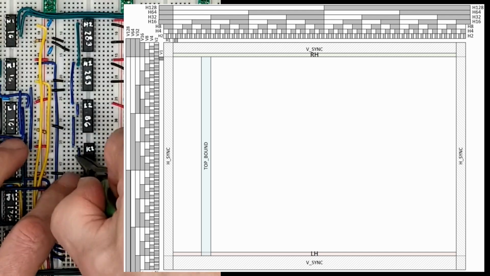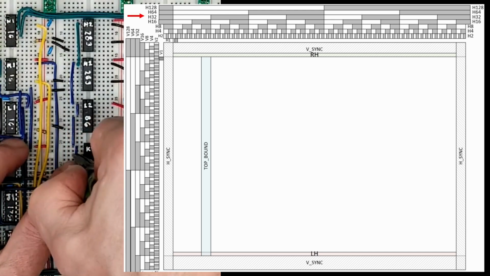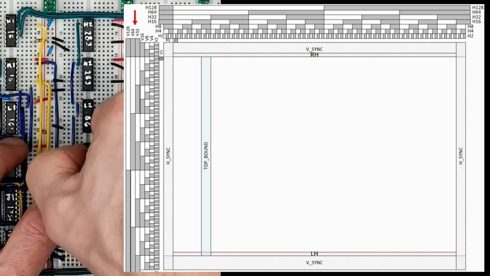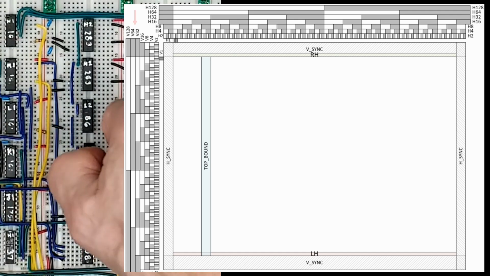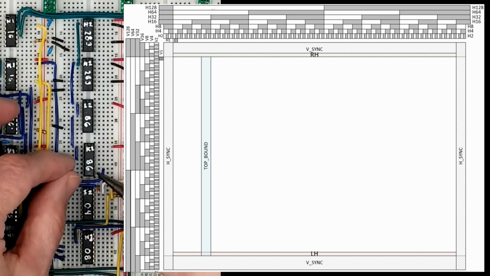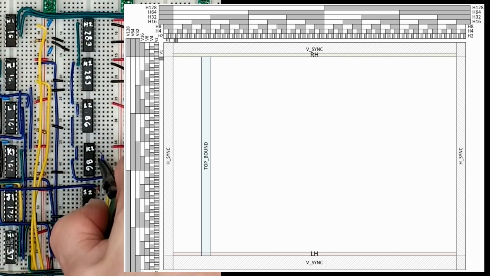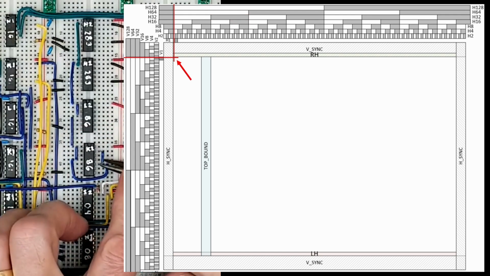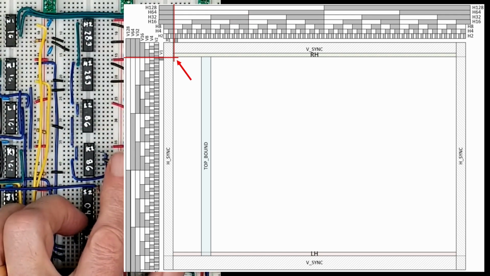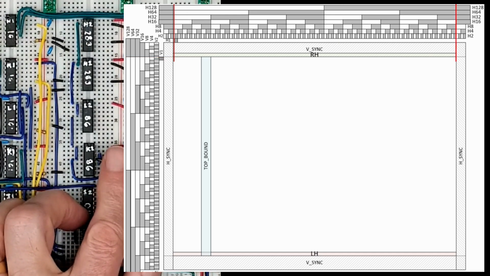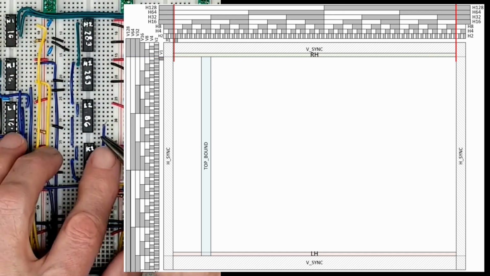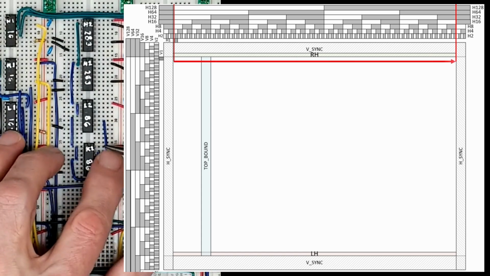Our drawing shows the horizontal counters along the top and the vertical counters along the left. The counters' 0s and 1s are represented by light and dark boxes respectively. The visual area starts when both counters are at 0 here. You can see the horizontal counter itself starts at 0 and increases to 239 as we sweep out a line in the visual area.